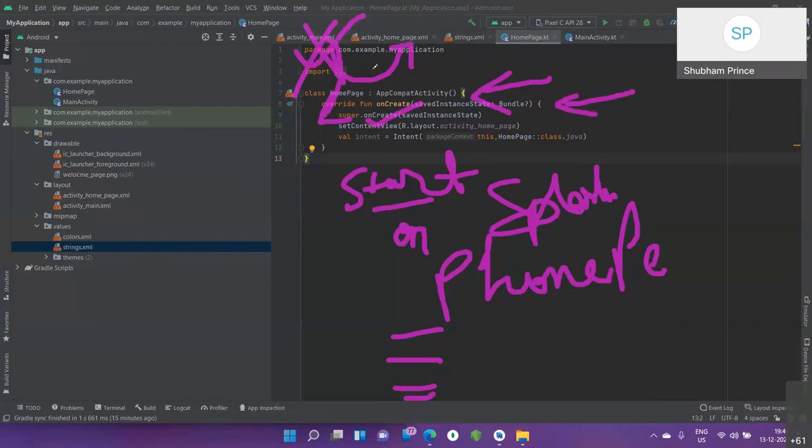Okay, so there is still one more thing, the intent functionality. There are constant values which we will be using later on when we start an activity. There is a function startActivity where we pass our intent and the activity starts. So what happens is that we stop that activity. Okay, it is called when the activity is no longer visible to the user. We are not interacting with that specific activity.